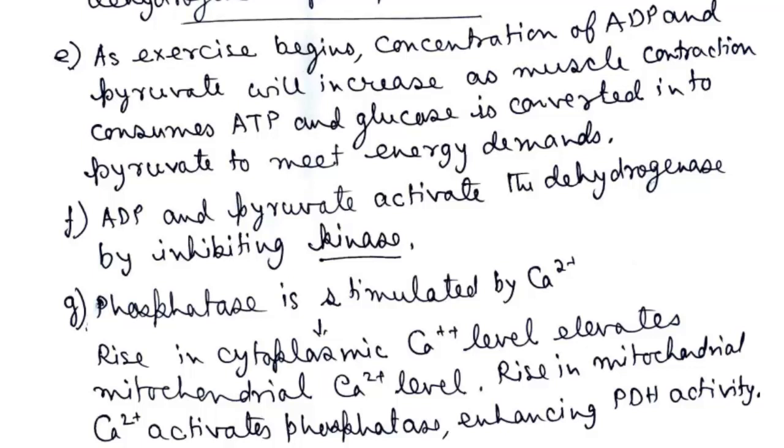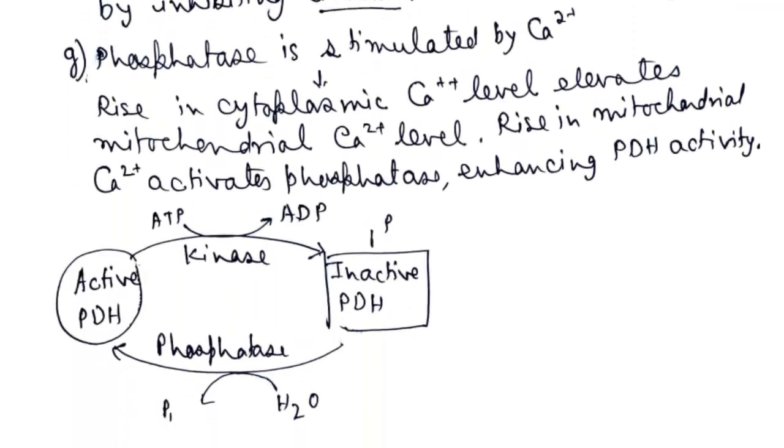Now, ADP and pyruvate activate this dehydrogenase by inhibiting the kinase enzyme, and phosphatase is also stimulated by calcium. If there is a rise in cytoplasmic calcium, it will also elevate mitochondrial calcium level, and a rise in mitochondrial calcium activates phosphatase,